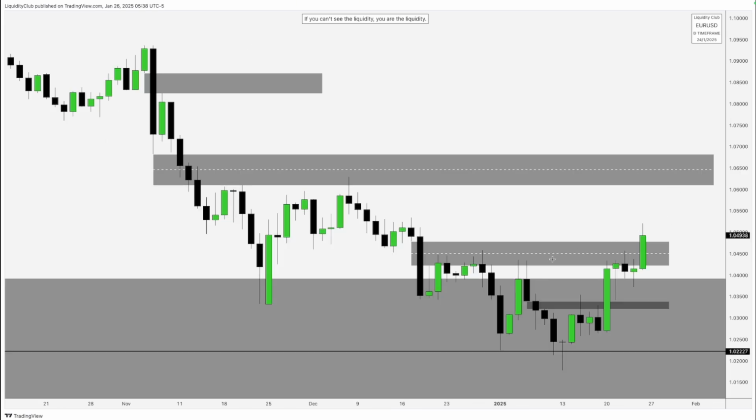Going to the daily time frame chart, you can see price taking out the buy side liquidity. I mentioned in last week's review that price is likely going to take out this buy side liquidity. We have buy side liquidity residing above these highs, and price did take that out right there. Now going to next week,